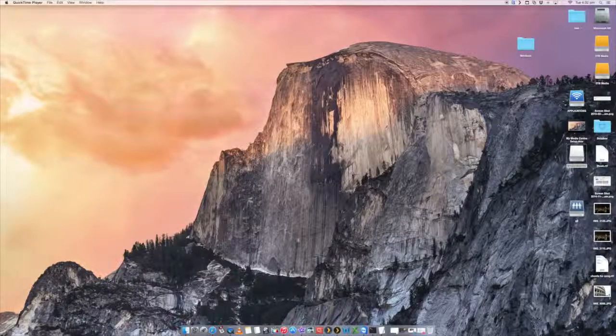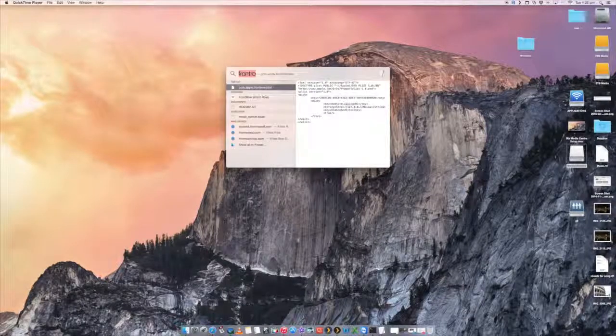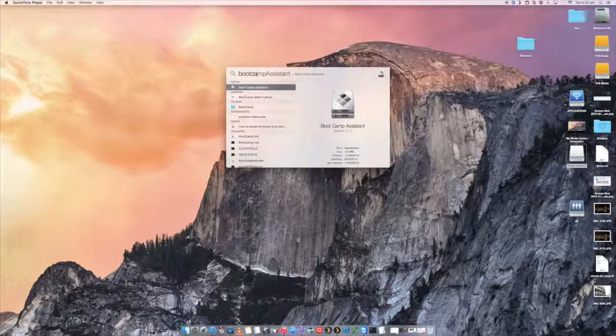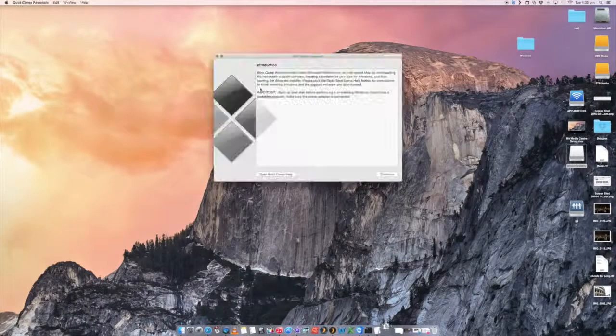So to ensure that you do have this software installed, just go into your Spotlight on the top right and type in Bootcamp. All right, and there we go. It's already shown up, Bootcamp Assistant. So we'll open that up. If you don't have this application on your Mac, you can go and download it for free from the Apple website. So we're assuming that you've already got Bootcamp installed and you've got a fairly new Mac as well, and